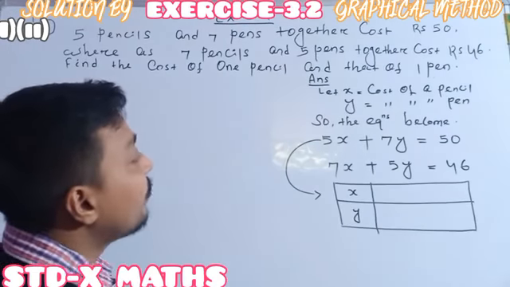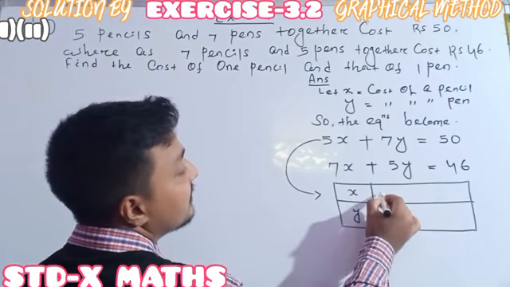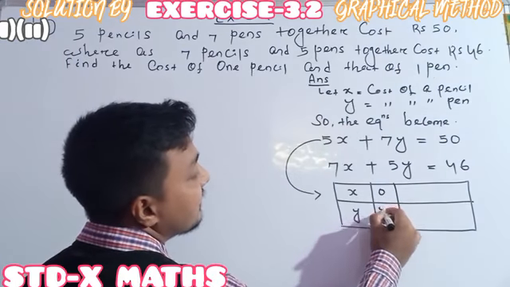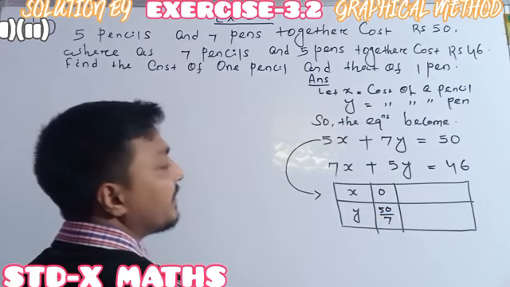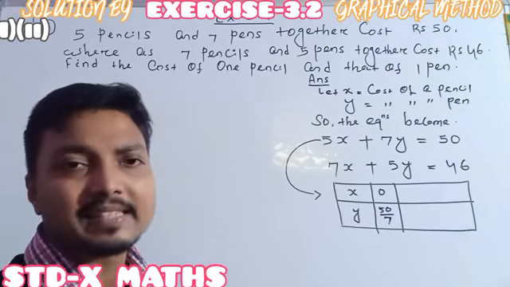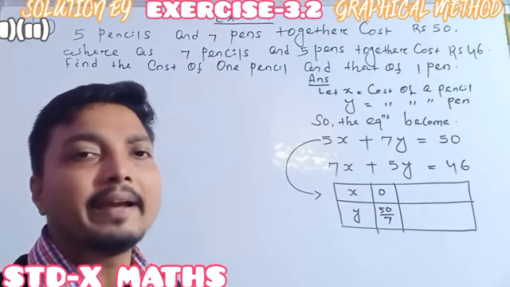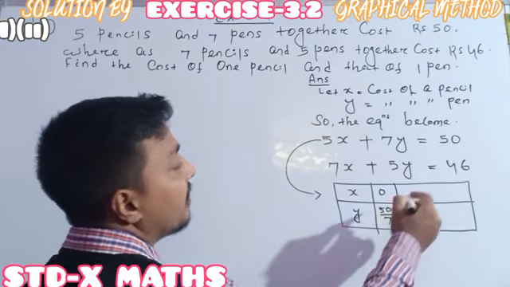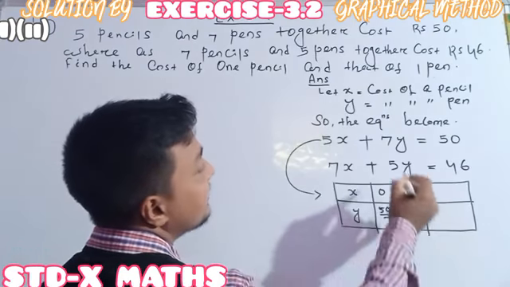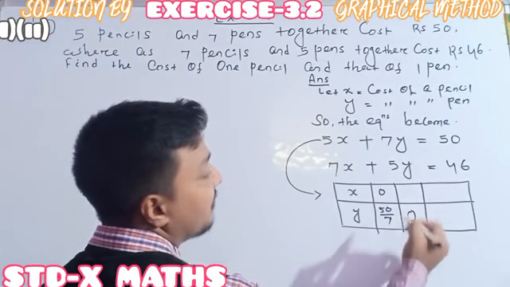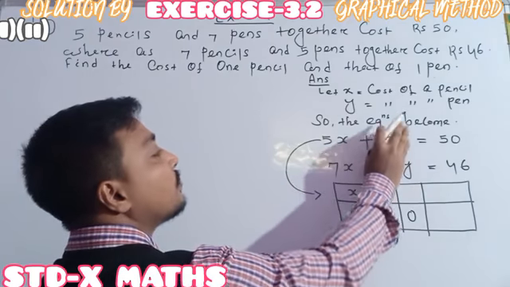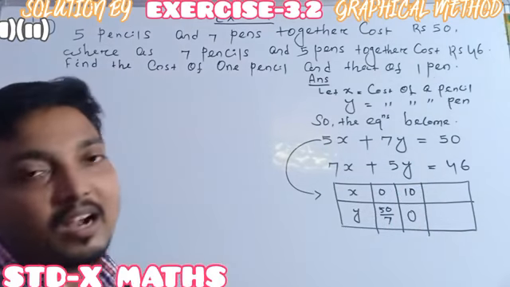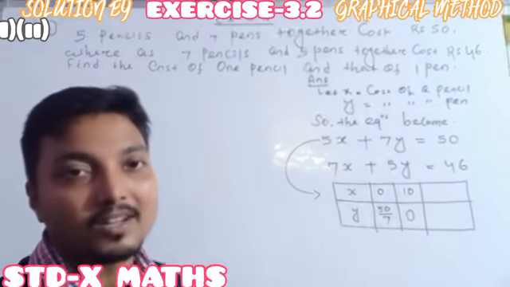Ready? See, whenever we put x equal to 0, we will get y equal to 50 by 7. On the graph, it will be too difficult to plot 50 by 7. So always we will try to find whole numbers. This one is not a whole number, so we will attempt the next. Next, we make y equal to 0. On putting y equal to 0, 5x equals 50 and x is equal to 10. So one solution we got where the numbers are whole.